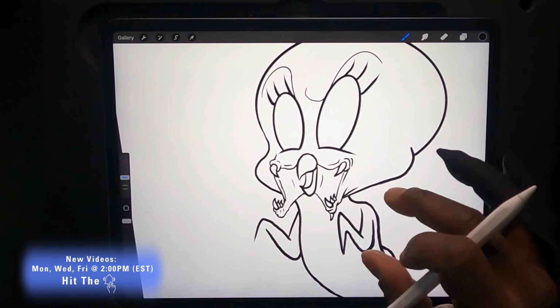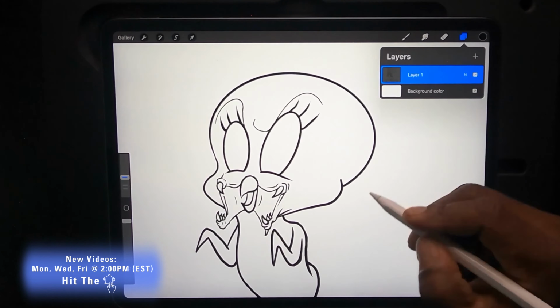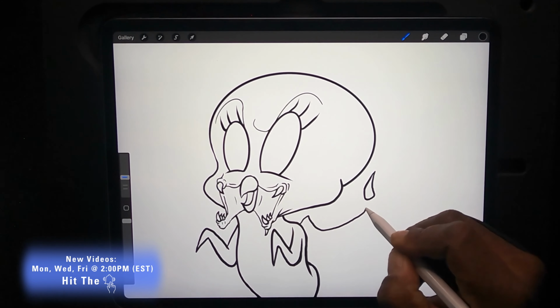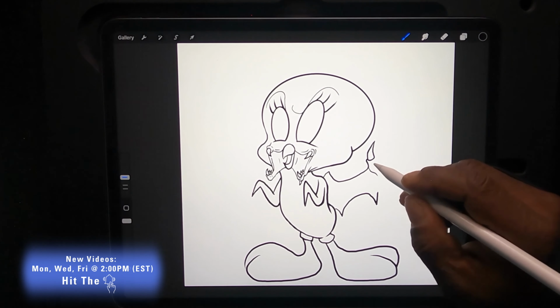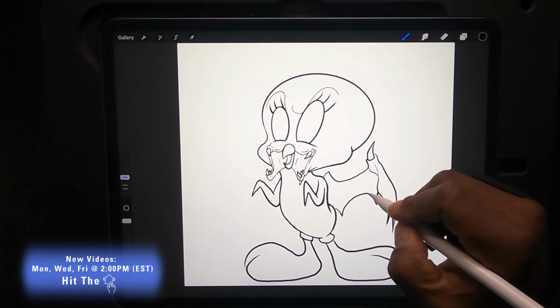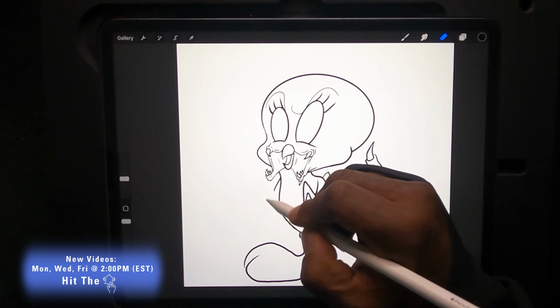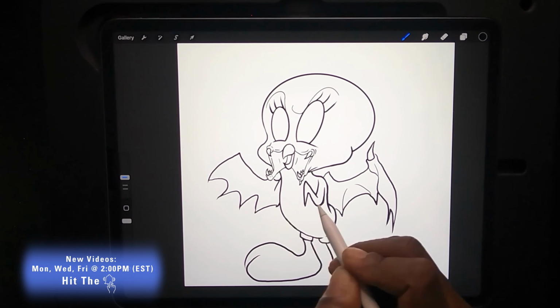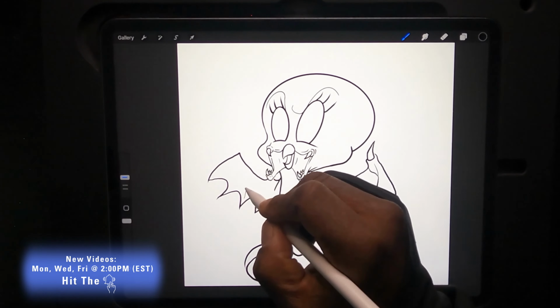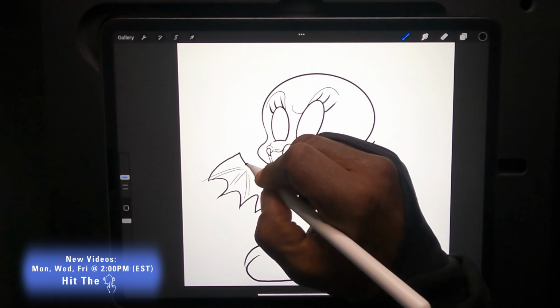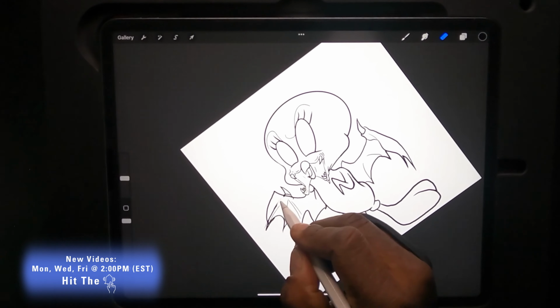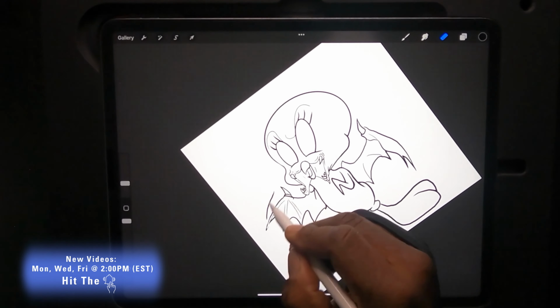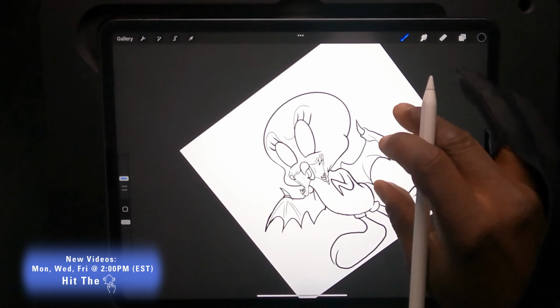And once I did it, I'm like, okay, that looks crazy. And now we're coming over to the dragon wings, and I just wanted that to be not as big as on the dragon. So then I realized I had to erase that right arm I did of Tweety, the right wing, I guess. Is it a wing or arm? Because now I'm putting dragon wings on, so how many wings does this character have? So I will call them arms.